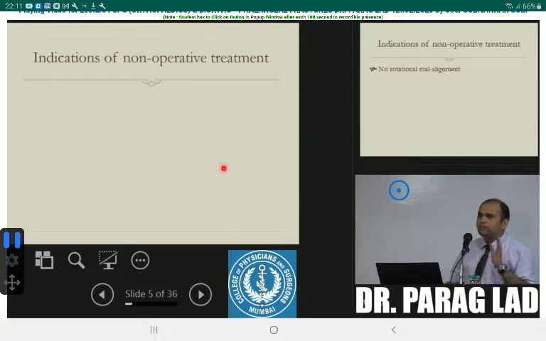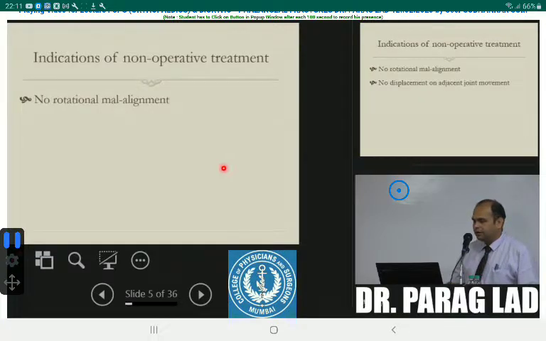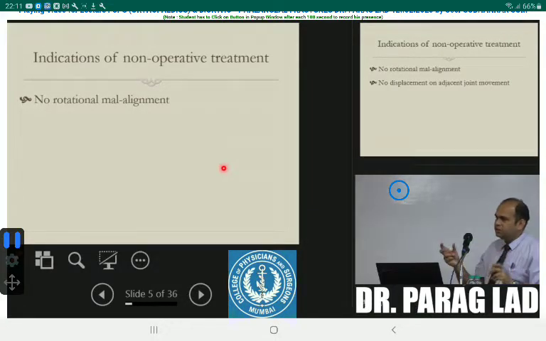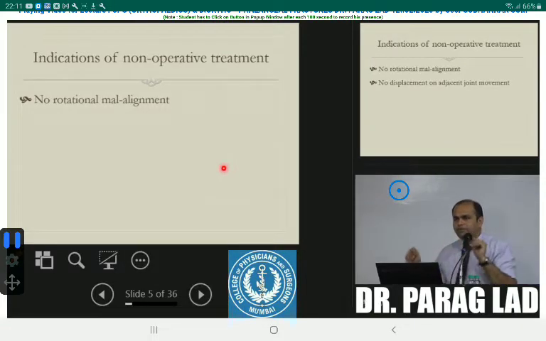Now, which fractures can we treat non-operatively? Conservative management is possible when there is no rotational malalignment. How do we diagnose that? We ask the patient to make a fist. If the patient is able to touch all four nails or full pulp well on the palm, that means there is no rotational malalignment. If all four nails are not visible, or one finger is tilted inside or outside, that means there is a rotational malalignment. However undisplaced these fractures are, if there is a rotational malalignment, we have to fix them. I will give an example for that.